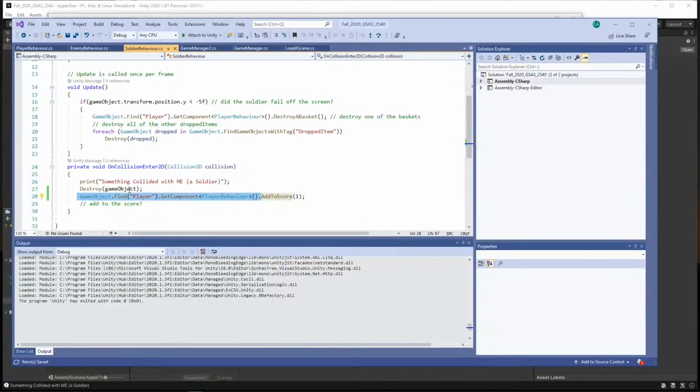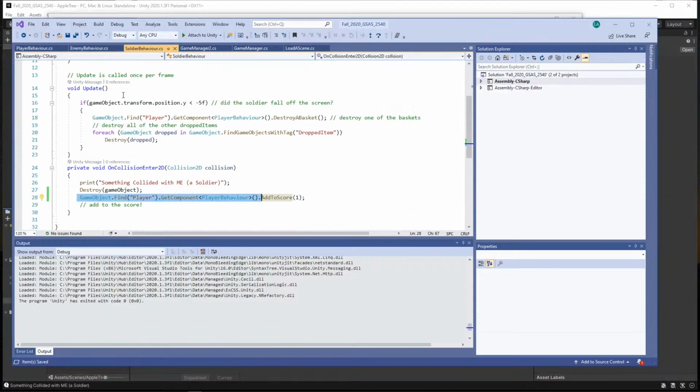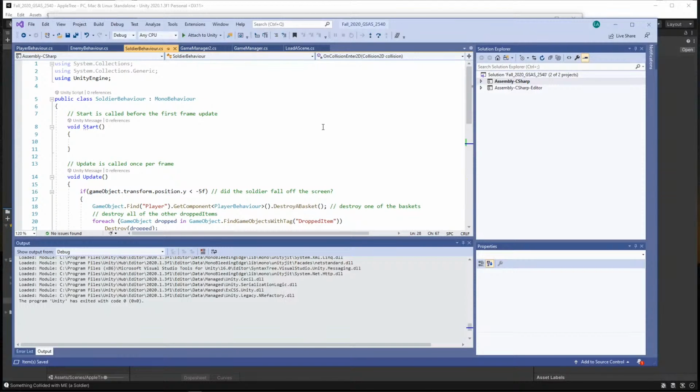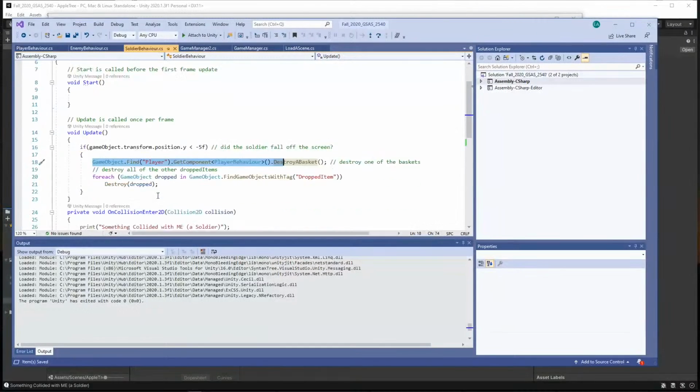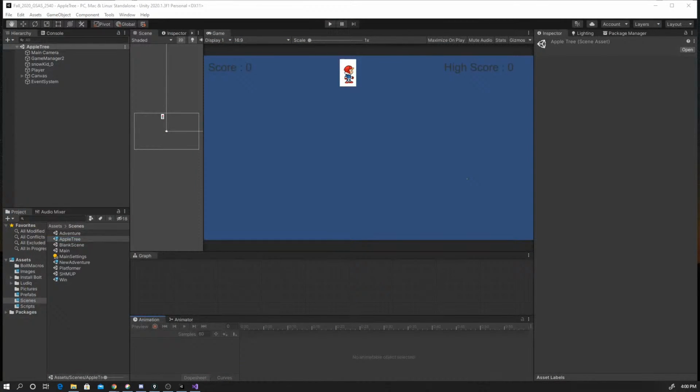The one cool thing about it is that I didn't actually do it through a public game object up here. So that was good on me. I could have had a public GameObject player and then had to set it up in the Unity editor interface. So good on me that I did this the programming way, but bad on me that I do it every time I need that. Which is particularly bad because this might happen all the time, when this detection here runs. That's not a great thing to do over and over and over again. So ways we can avoid that